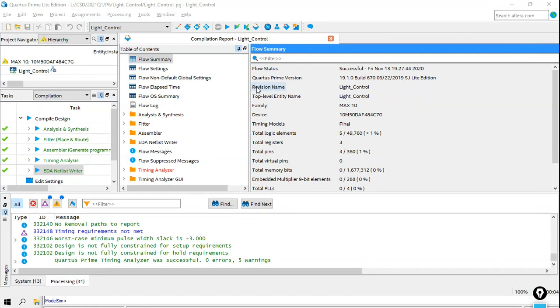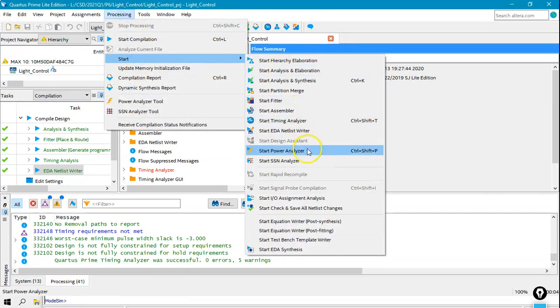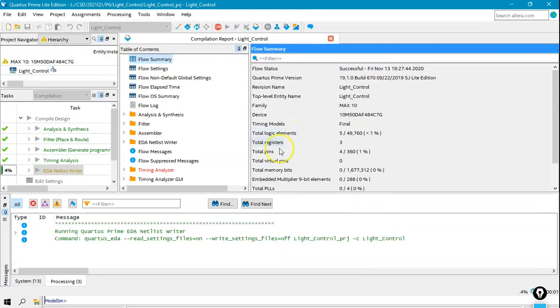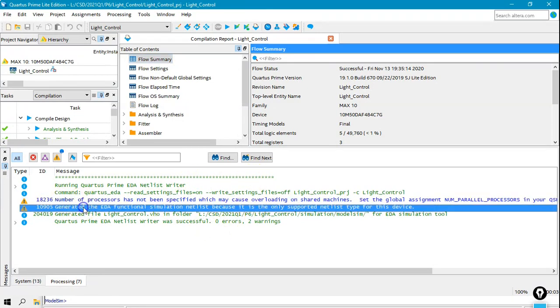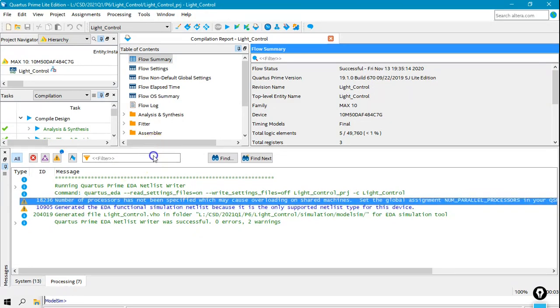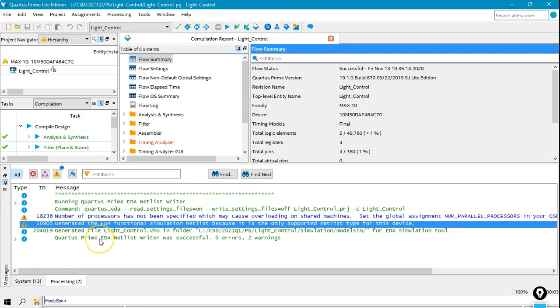using the ModelSim gate level simulation. But this means that we have to run the processing start, not now the timing analyzer, but the EDA netlist translator. Click, and let's see what happens. In principle, all the associated timing files for this chip have to be generated. But you see, you have two warnings here. So probably something went wrong, because the first warning is just the standard one related to the idea that we are not fixing the number of processors to run the synthesis,